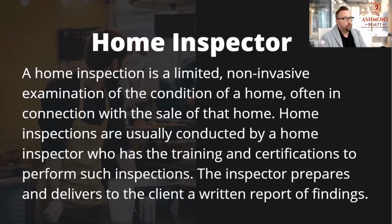And we've done YouTube video tutorials on the things you need to look at when you're looking at a home, and things to look for. So when you go and do your official home inspection, your clients, your buyers, aren't caught off guard during this process. Okay, a home inspection is purchased to make sure there are no major issues or conditions with the house that